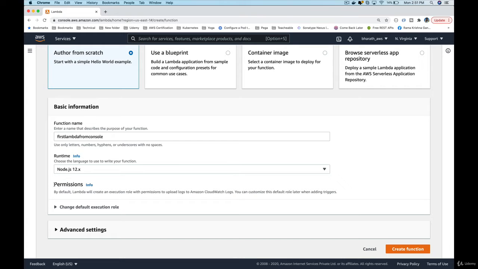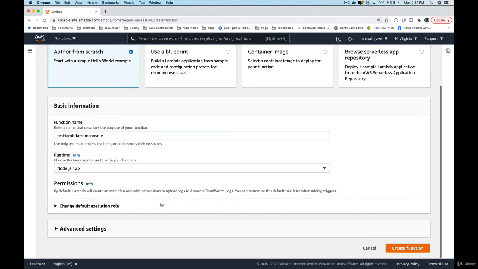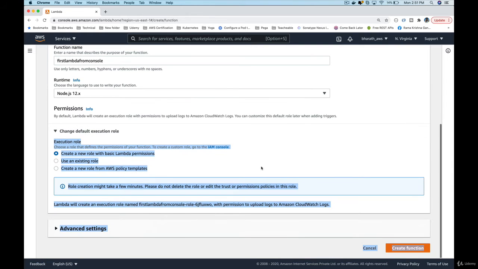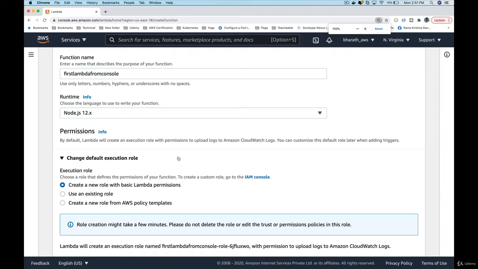Next step is to give our Lambda function the required permissions. We are leaving it at the default permissions. Default permissions will create an IAM role. Let me scroll it down and zoom it a little. It will create a new role with basic Lambda permissions. And what are those basic Lambda permissions? Here. It creates an execution role with permissions to upload the logs to Amazon CloudWatch logs.